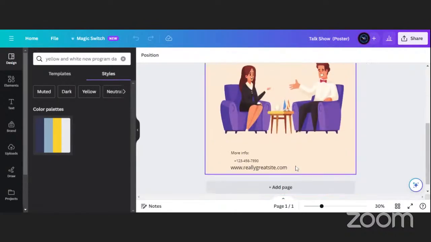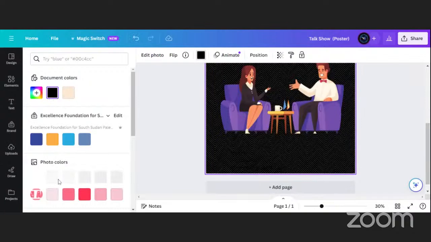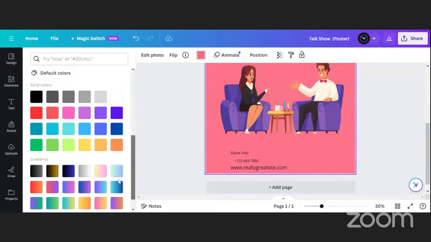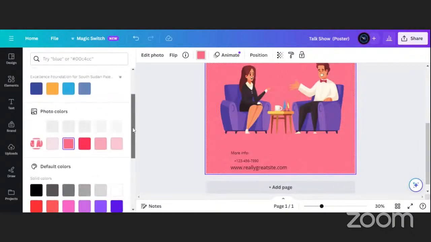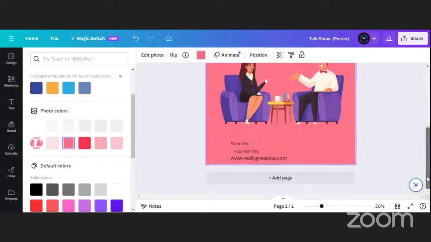So you can just change these colors. For instance, if I want to change this, I come here, then I change it maybe to black. I can change it to this. So you can really change it to whichever color that you want. Also, when designing, you need to take note of the colors of the brand that you are designing for, and then you put the colors based on those requirements. But this is just basically how you do basic design or images when you are using Canva for your designs.